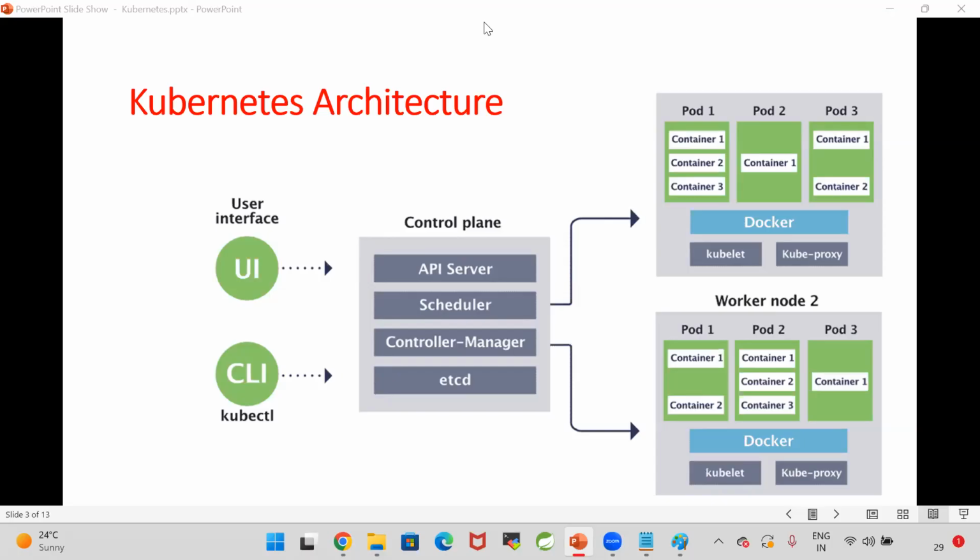Yeah, I have two questions actually. In a real-time scenario, how many master nodes and how many worker nodes are supposed to be created? Generally, if you are going for a cloud cluster, like an AWS EKS cluster, one control plane is sufficient. If you are creating your own cluster, then going with 2 to 3 master nodes is recommended. Tomorrow you will understand it.